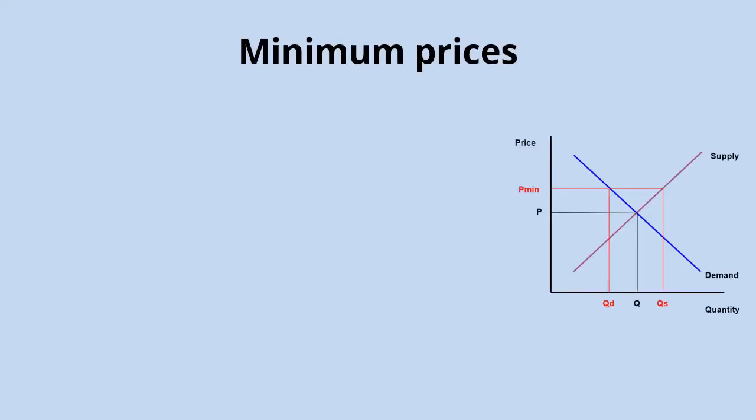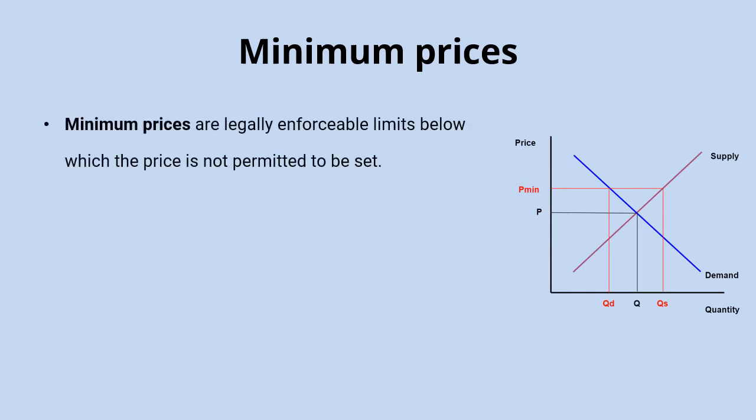This video is about price controls, so we'll look at maximum and minimum prices and the impact they have on markets, and also evaluate each of their usefulness. Starting off with minimum prices, and these are legally enforceable limits below which the price is not permitted to be set. So the idea here is to artificially hold the price above what it would be if we left it